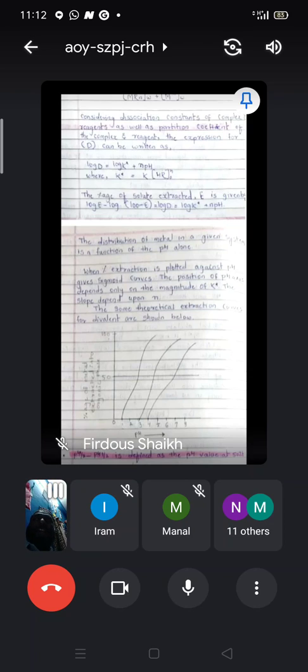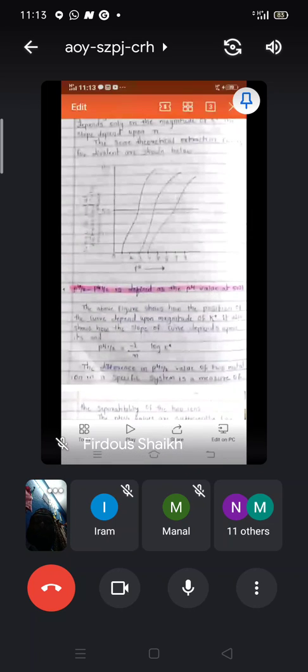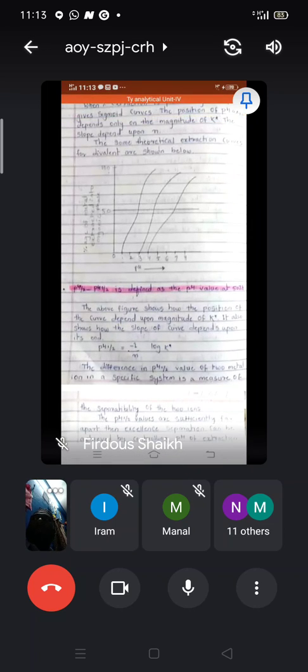You can see this graph. This graph is for some divalent metal ions. Divalent means M2+. In general, you can call it M2+. Okay. Then the difference in the pH values of two metal ions in a specific system is a measure of the separability of